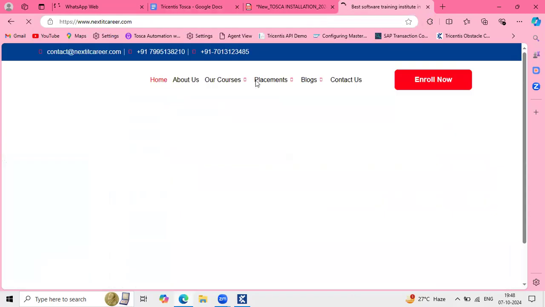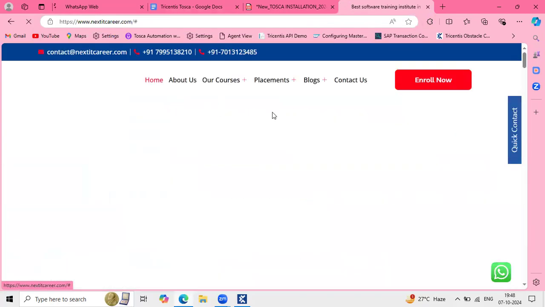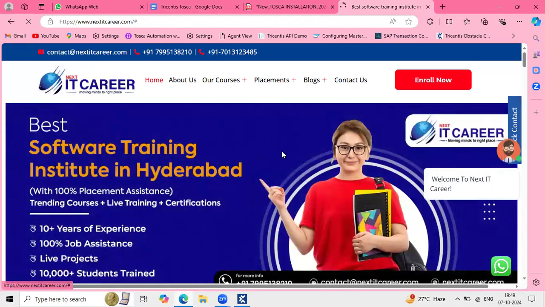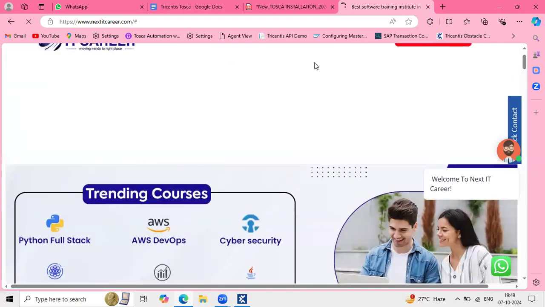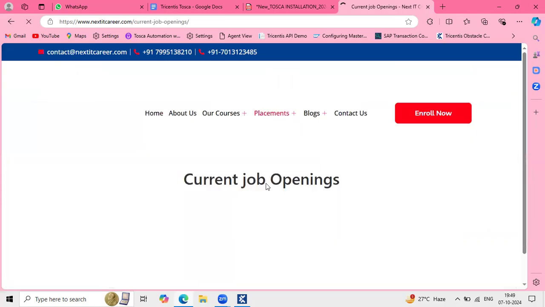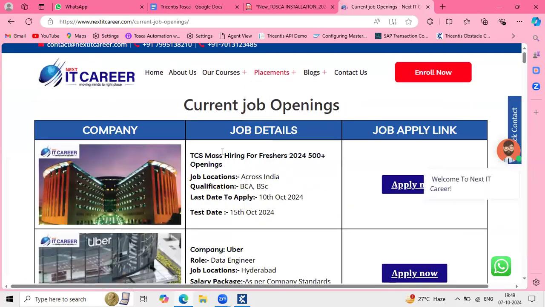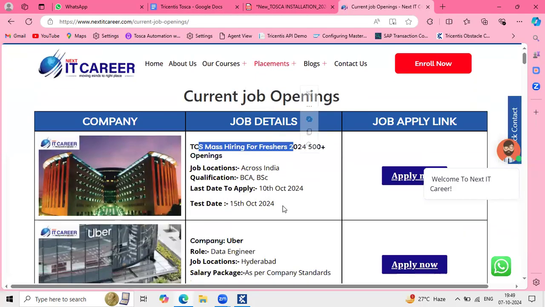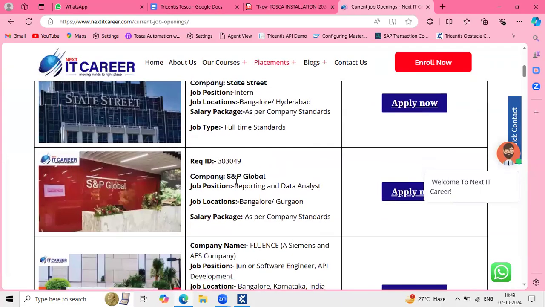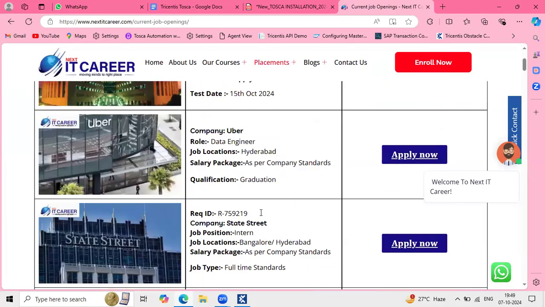So the team will provide job assistance to you all, like what companies are hiring. This is the Next IT Career website. In this website, you can find it easily. This is TCS hiring so and so people. What is the graduation requirement for that? Like data engineer and some intern related roles, some S&P Global. They post the request ID and all these things here. Along with this,